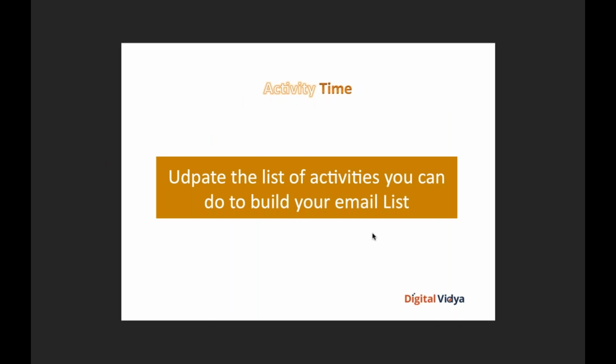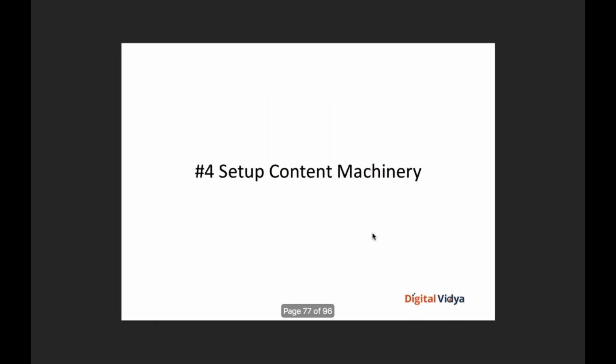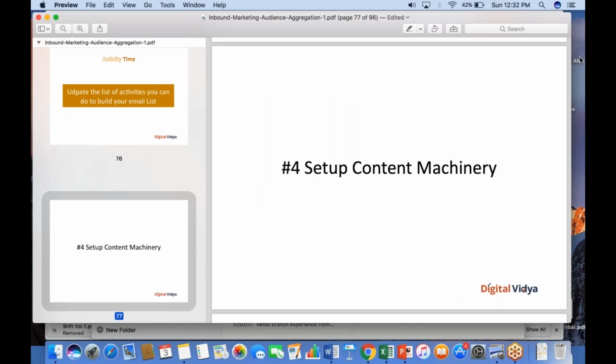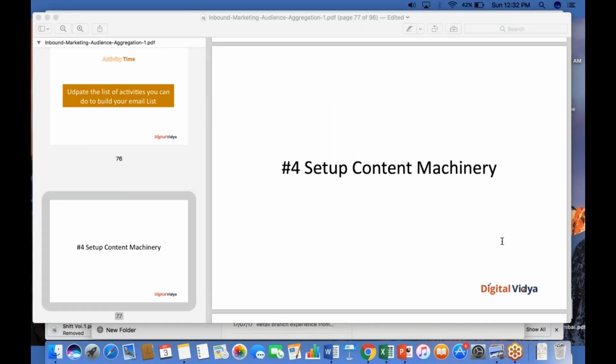Now what I want you to do is, I think that's something you already have gone through, the list of activities you can do to build your email list, right? Which includes everything. I think some of you have already given the responses I was looking for. You can look for webinar registration, live streams. The other thing you can look at is free course access. Let's say that you don't trust me. That's fine. You're not interested in downloading an ebook or a white paper or even registering for a webinar. Why don't I give you free access to a particular course, a free demo? But give me your lead information so that I can send you the details of the demo. That's another way in which you can build up your email lists.